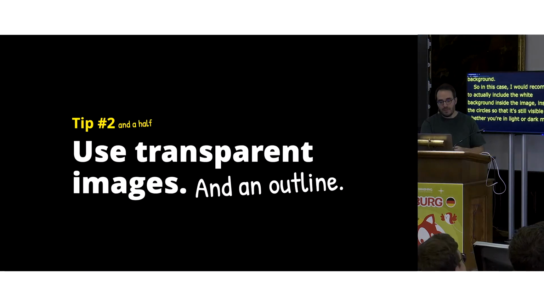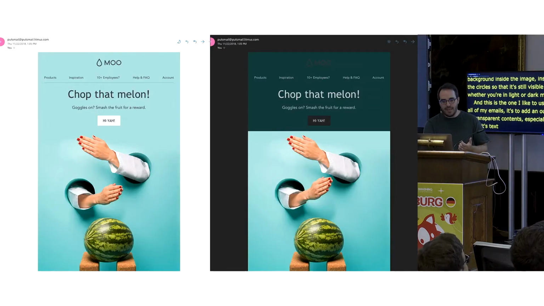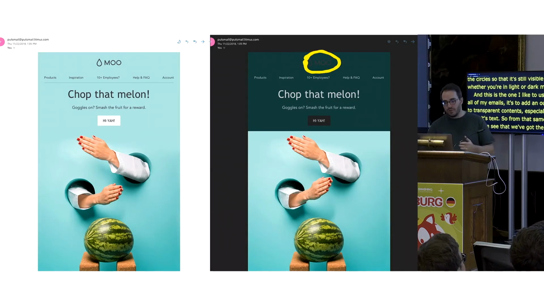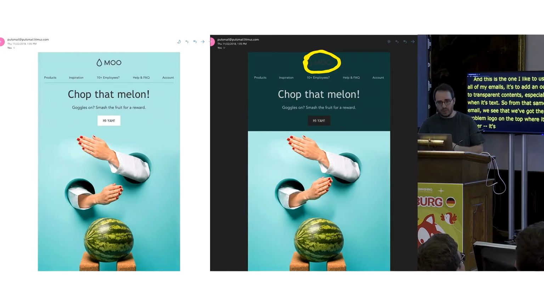And this is a fun trick that I really like to use on all my emails. It's to actually add an outline to transparent content, especially when it's text. So from the same email, we see that we've got the same problem with the logo on the top, where it's barely readable in Outlook.com dark mode.